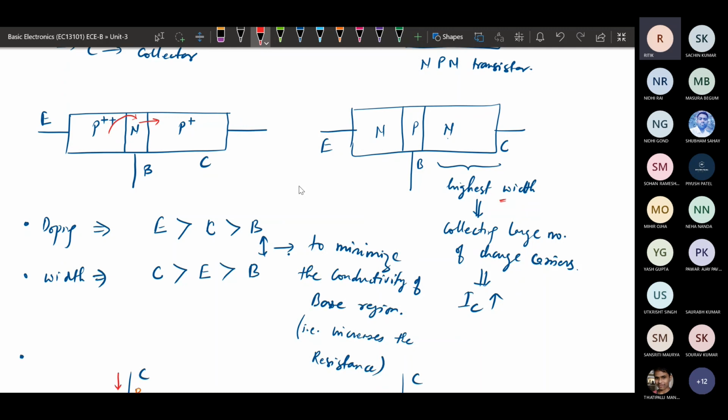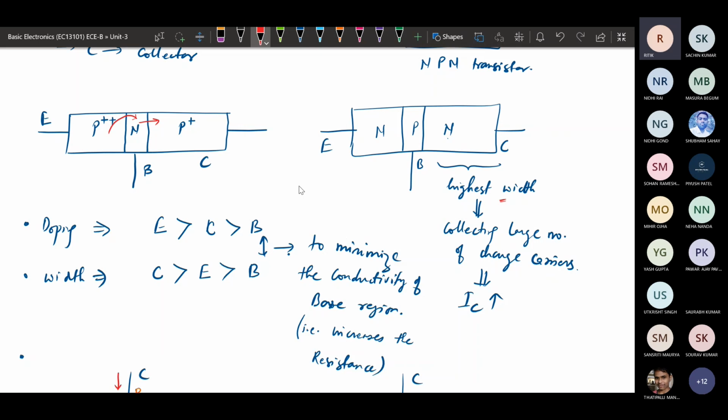And similarly, the emitter region is smaller than the collector region width, and the base is made lowest among all, so that it has less recombination, or a smaller number of charge carriers will be available, so that it will constitute less current. Okay, so base current should be as low as possible.